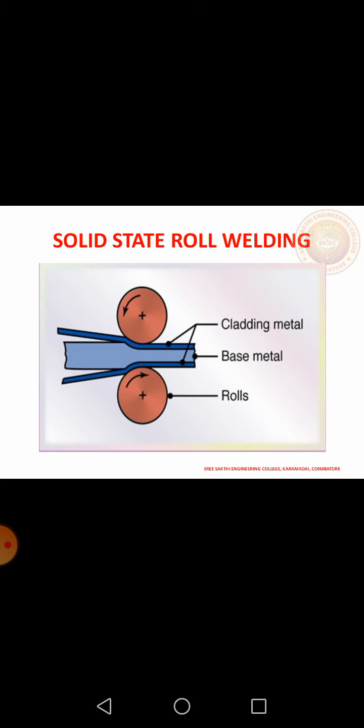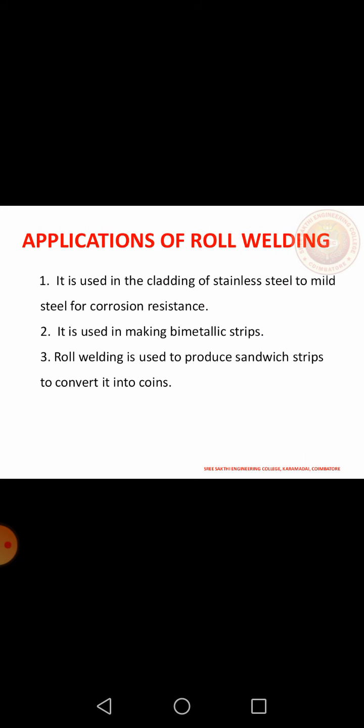Next, the final one, resistance roll welding. It is one of the solid state welding processes. Roll welding is a process in which two or more sheets or plates are stacked together and then passed through a roll unit. Sufficient deformation occurs to produce a solid state weld. The applications are given below. It is mostly used in mechanical working processes.